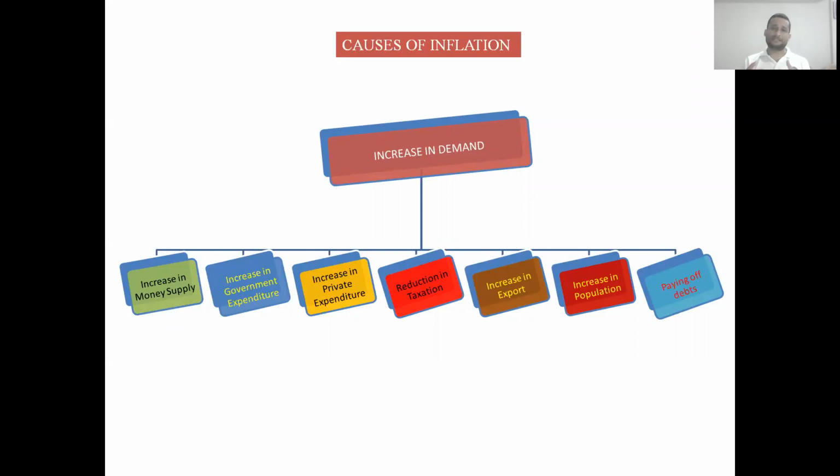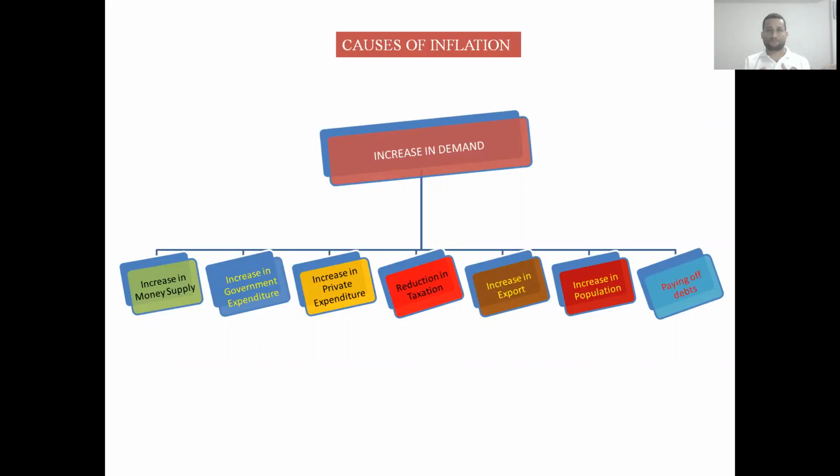So through deficit financing, when the money supply of an economy is increased, it will definitely increase the income of the people. That means the circulation of money will definitely be increased in the society, as a result of which demand for goods and services will increase, and as a result it tends to increase the general price level. At the same time, the supply of money can be done through expansion of credit.